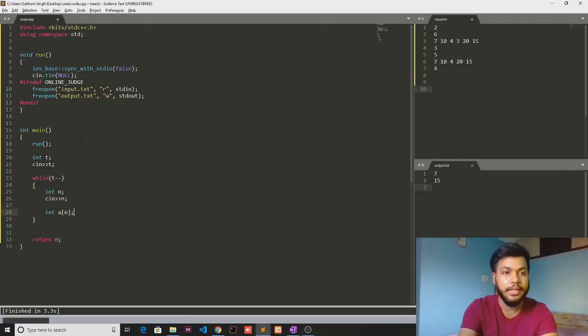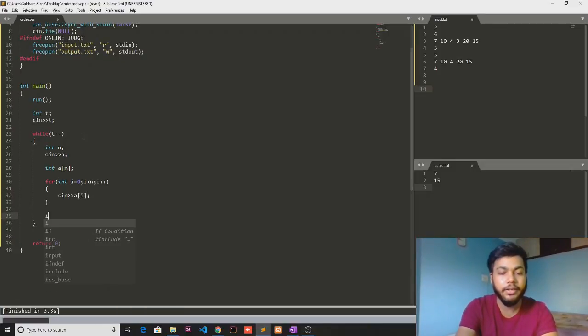Let's take the array. So I've taken the array here. Let's take k now. So all the input requirements are complete, and now the logic part comes.